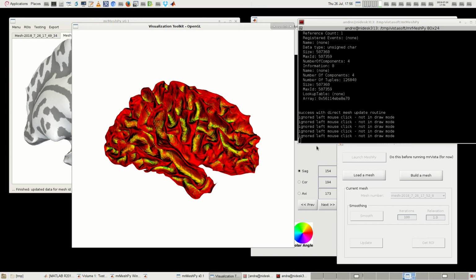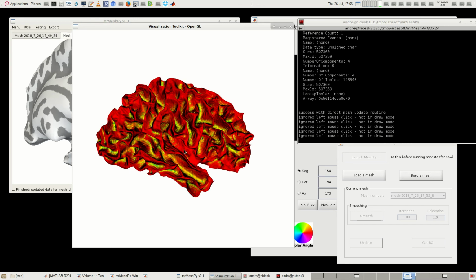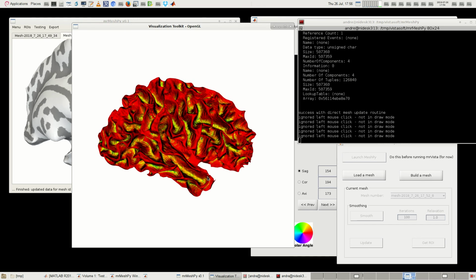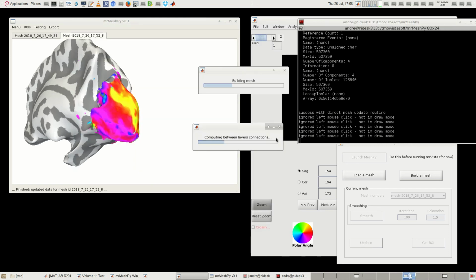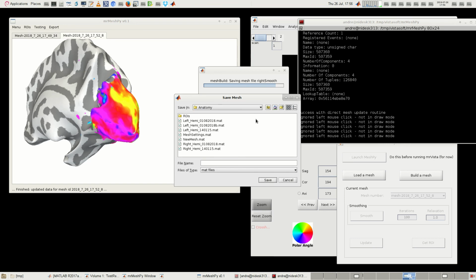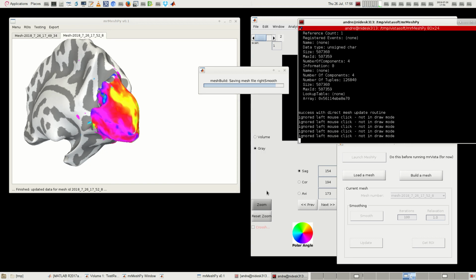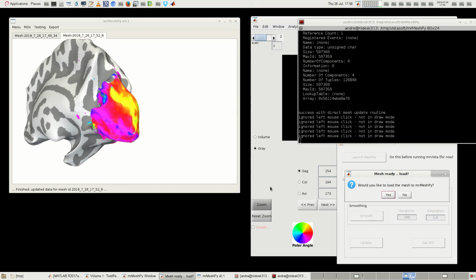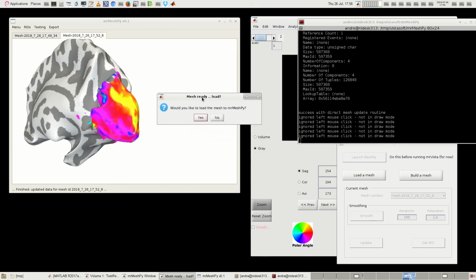If that step hasn't worked, we should get some debug information in here that's going to be useful moving forward. I propose in future you won't even see these, they'll just happen in the background, but they're useful for now. Okay, again, things won't move forward until we actually close this. When it does, it'll do the computation between the layer connections, and then because it's generated a mesh in the Vista data format, it'll ask us if we want to save that. So for argument's sake, I'll just do that. Okay, and that dataset has been generated, it's been saved to disk, and what I now need to do is